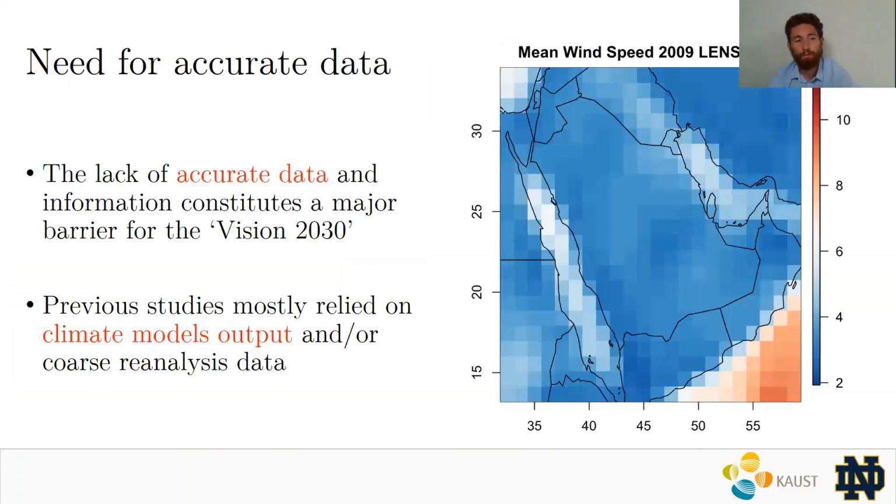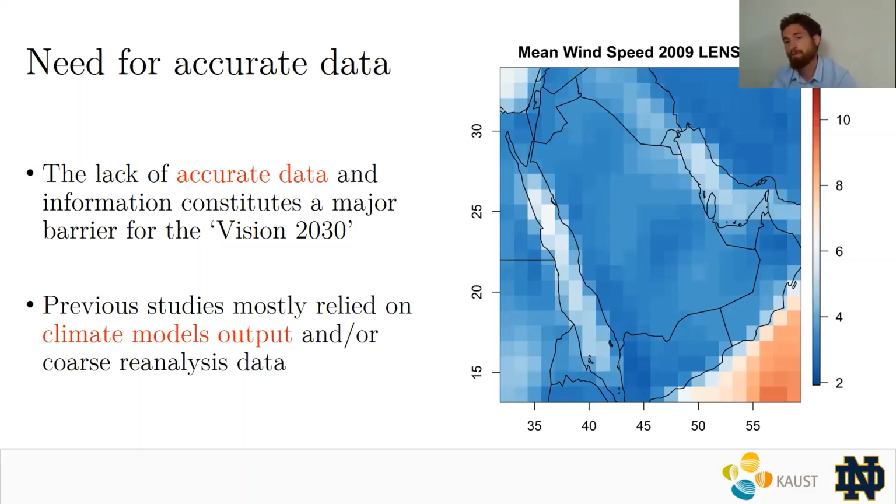One of the main barriers to the development of the wind energy infrastructure in Saudi Arabia and in other emerging countries is the lack of accurate data, right? We need actionable recommendations on where to build wind farms, first of all, but also which kind of models are more suitable to some sort of wind regimes, or how tall the turbines should be built, or how much should they cost, or something like that, right?